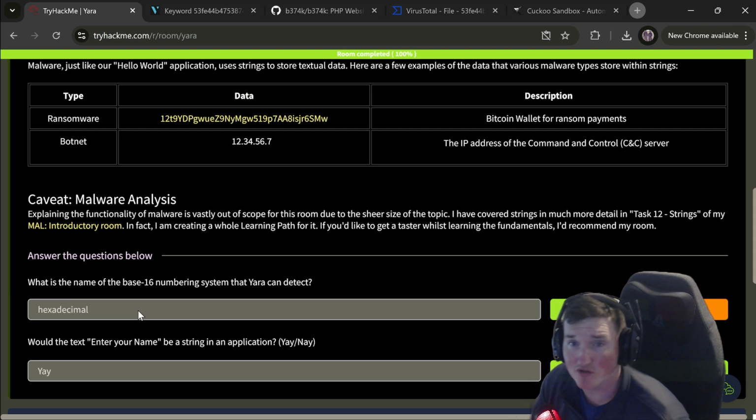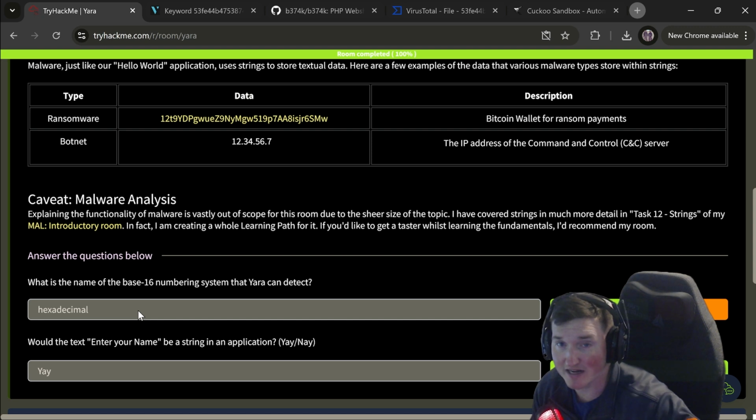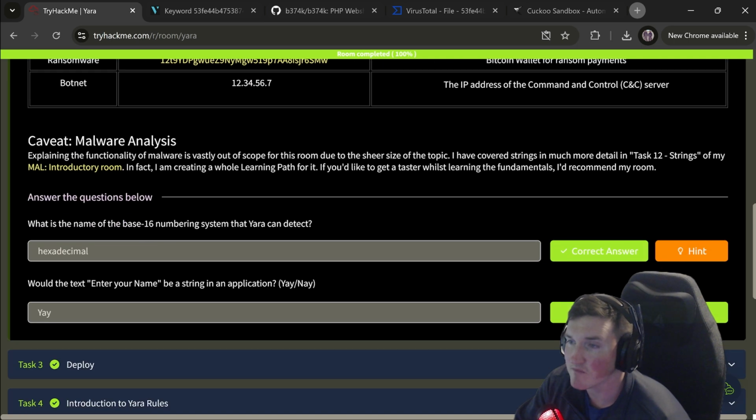This is really huge because what do we know about things like Wireshark and packet capture? It prints it out in hexadecimal. So what does that mean to me? I can search for things in there. Very nice. There are all kinds of things that you can use hexadecimal for.